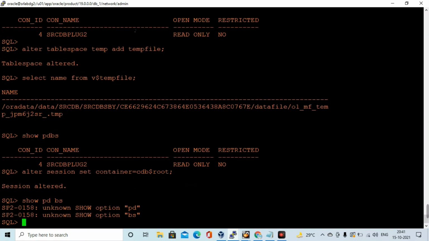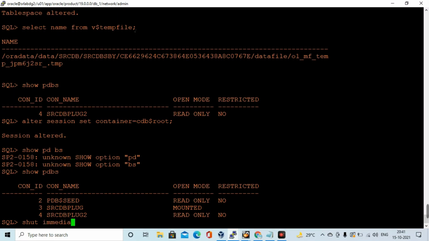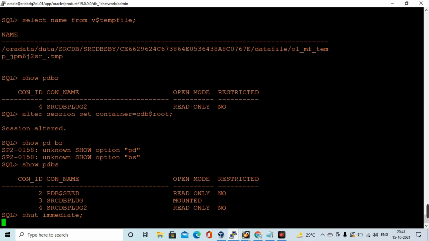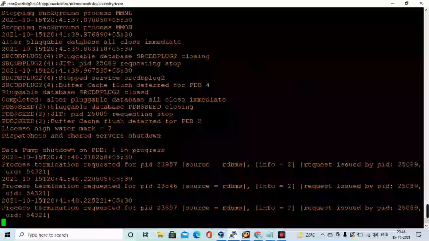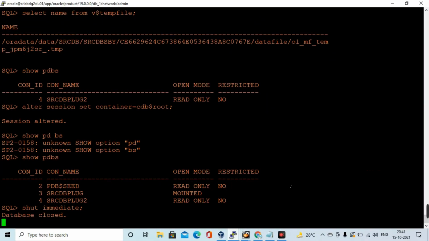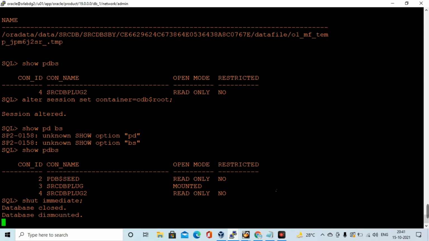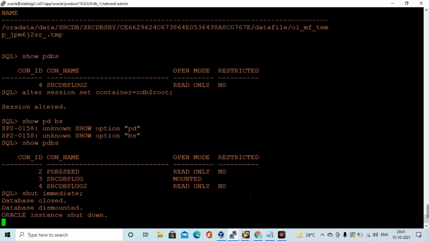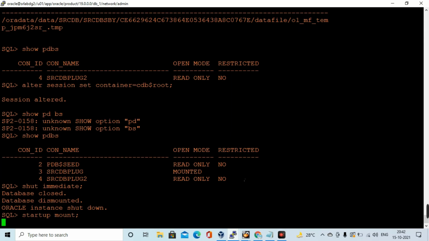Now coming to the root container, shut down the database and start up with mount. Startup mount.